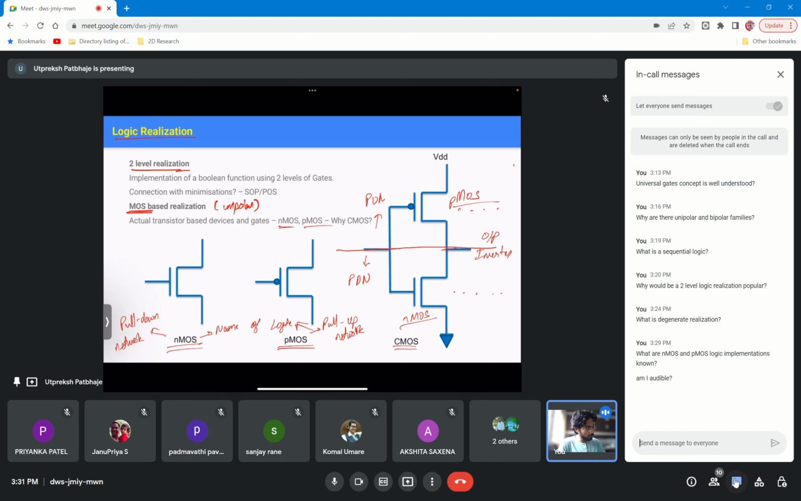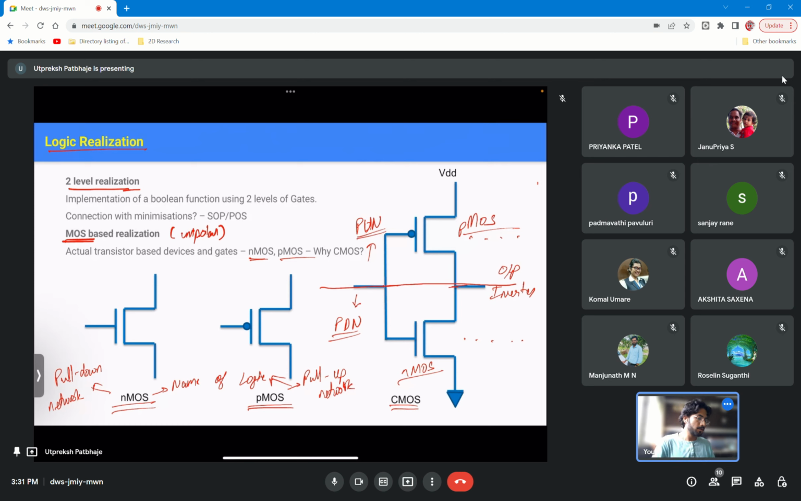and whatever is implemented using PMOS is the pull-up network. These are terminologies you should be aware of and keep in practice, because these are directly asked and you should not get stuck on the wordings and nomenclature. So whatever you implement using PMOS is a pull-up network, and whatever you implement using NMOSes is a pull-down network,